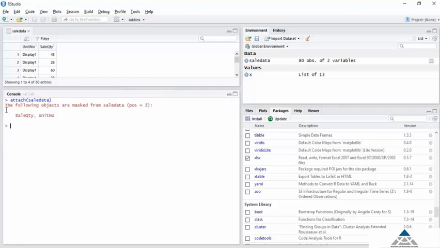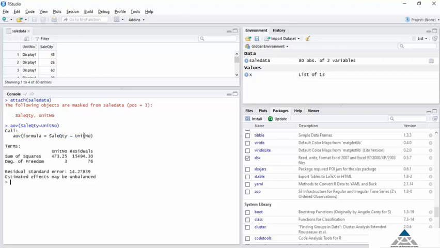As we press enter, we can see R gives us the headers of the columns in the sale data dataset. Now we again write aov and put the y and x variables in it like we did earlier, although we need not mention the dataset again. As we press enter, we get the same output.